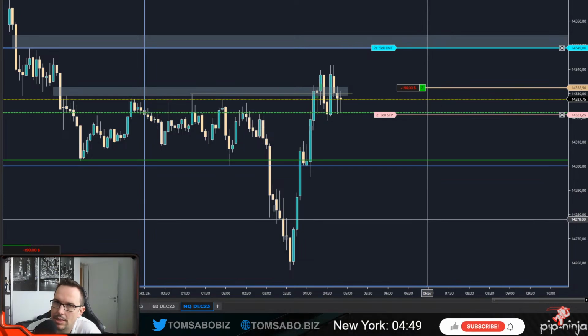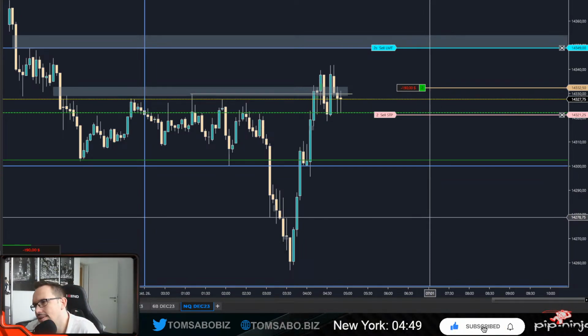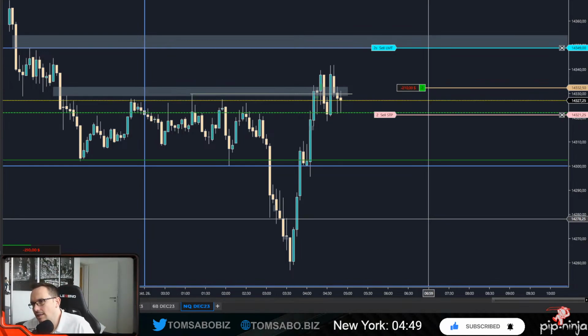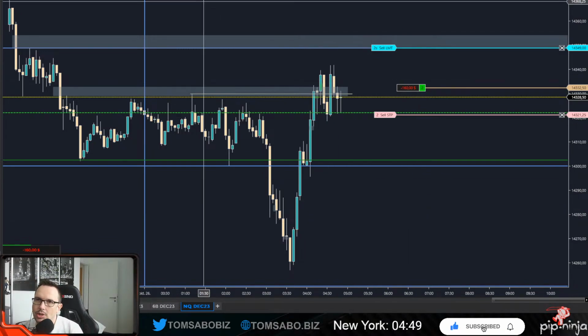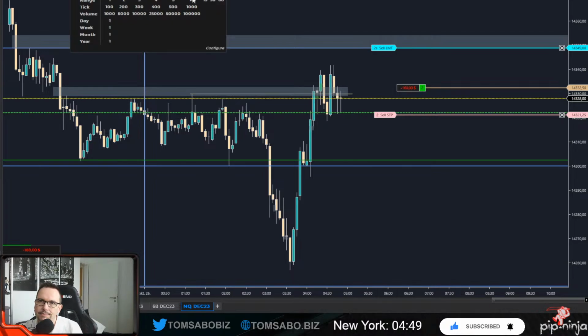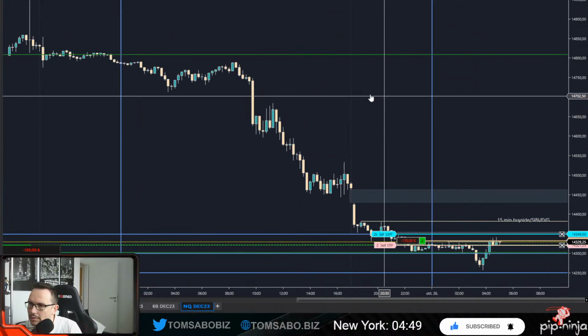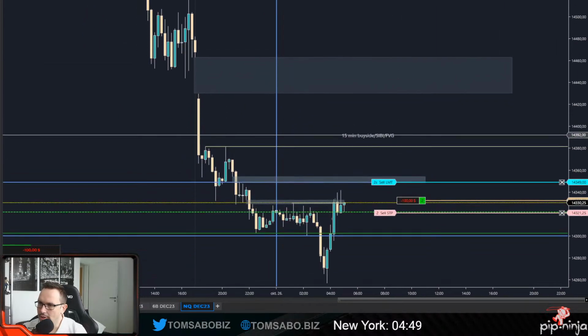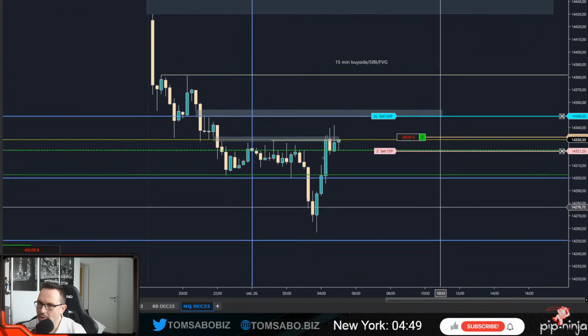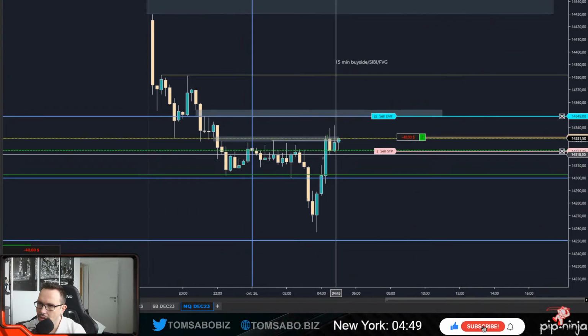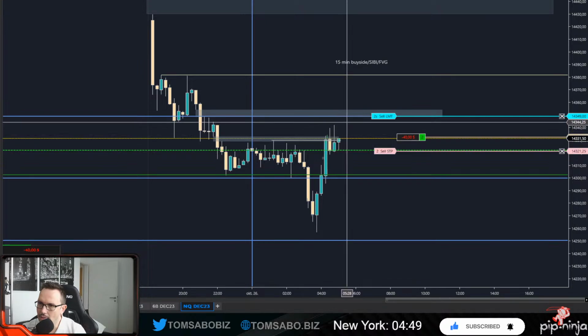But the NQ is gonna kill the nerves. It can go down to the 5-minute imbalance, take some liquidity. Let's check the 15-minute chart again. I know everyone is eyeballing that level up there. Yeah, the only scary thing is that it didn't really come down here to take liquidity. It went right there.